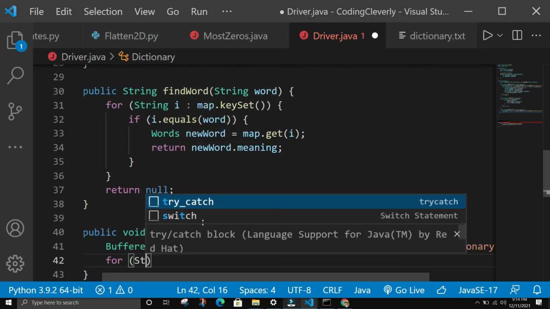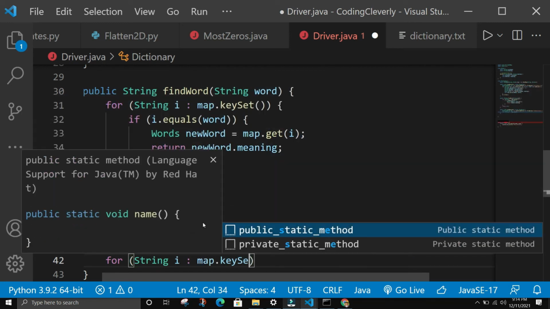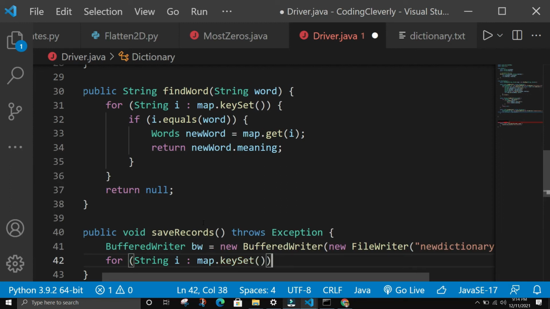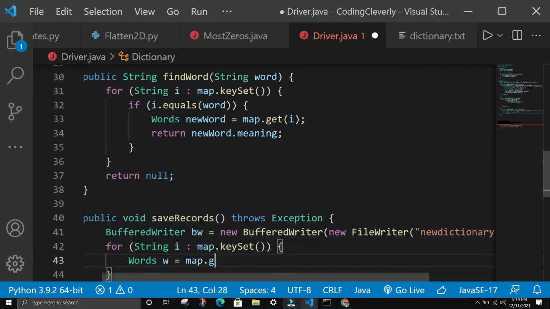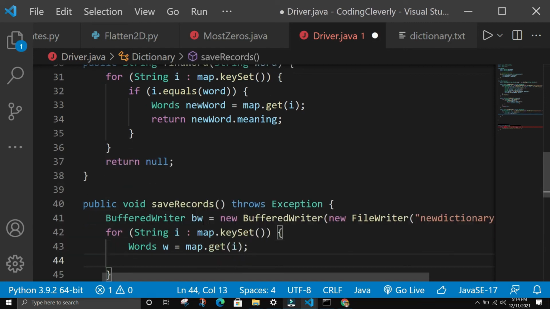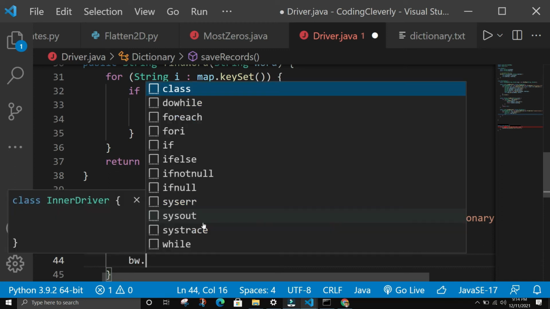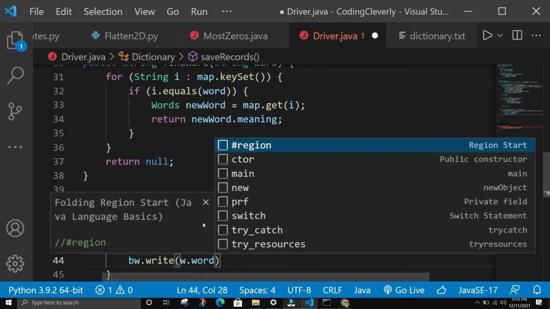So for String I mapped to the map.keySet, and we could say Words w is equal to map.get. So if we get the first portion, we could just put that word inside of this object, it's just going to be associated to it. It's going to be called w. From our hash map, we're getting each of our keys, so we're going to put it inside of our object, which is w, and we're going to say bufferedWriter.write, and this is going to write the word name. So we can say w.wordName, access it,